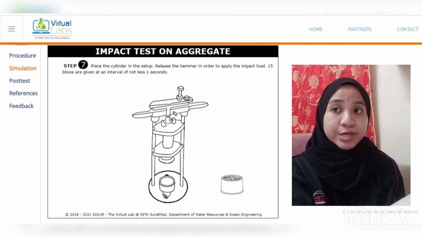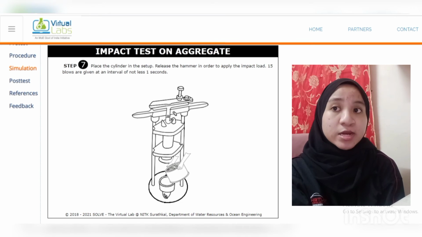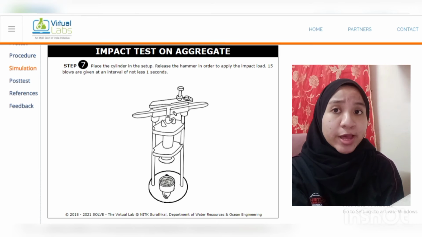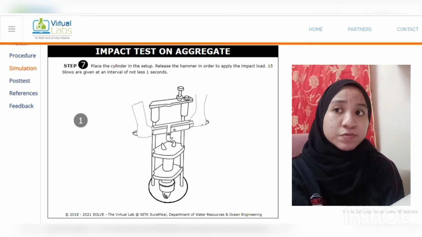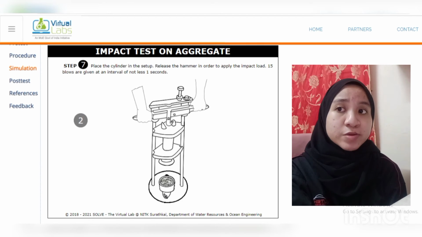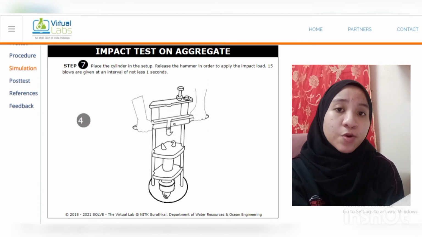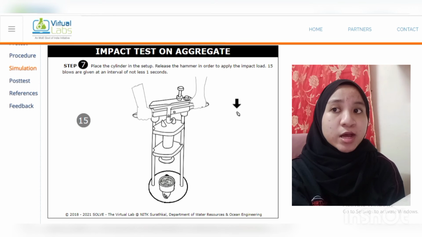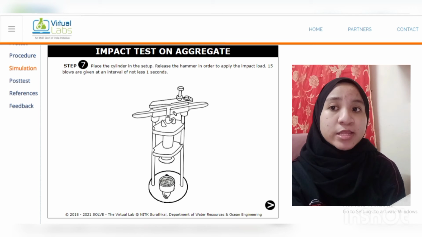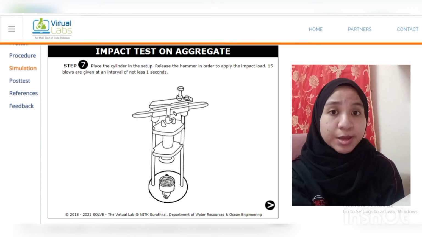For step 7, we place the cylinder in the setup. We release the hammer in order to apply the impact load. 15 blows are given at an interval of not less than 1 second. And then we tighten up the cylinder setup. And then, after done,